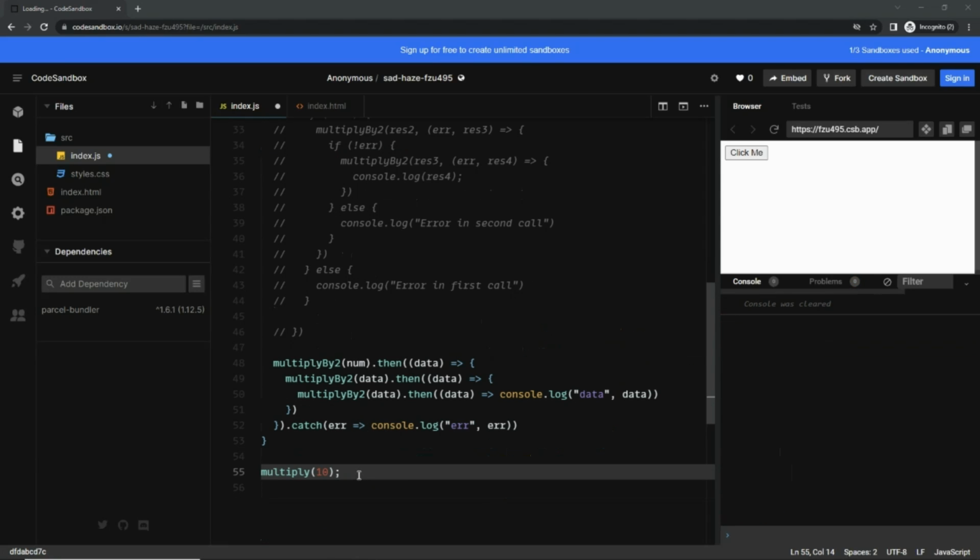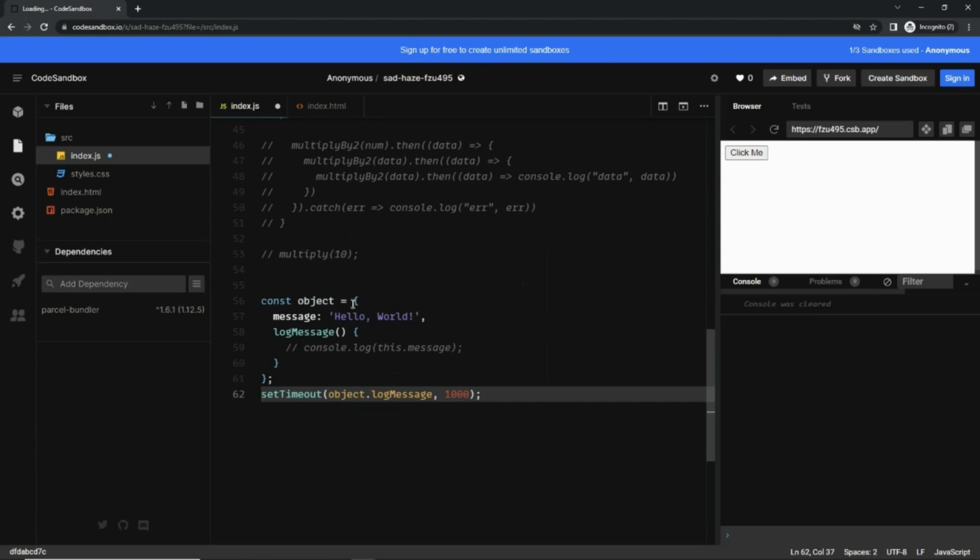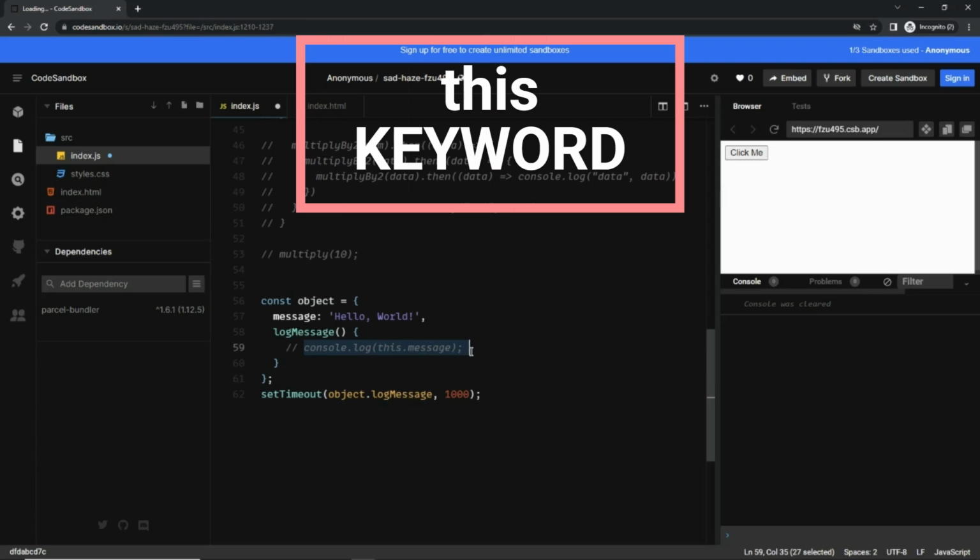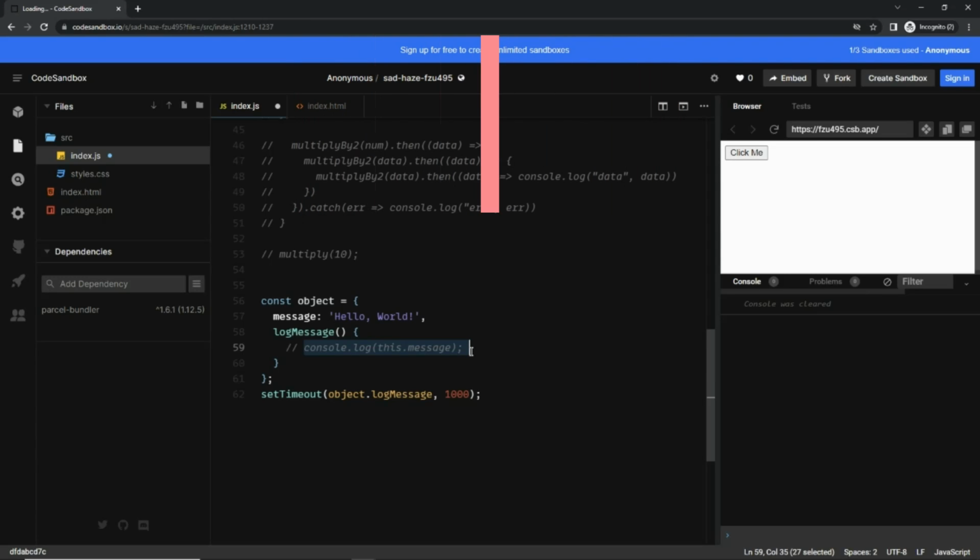The next question he asked me was an output based question. And the question was this. So he wanted me to tell what this console log will print and why. After thinking, my answer was, after a delay of 1 second, it will print undefined. Why? Because